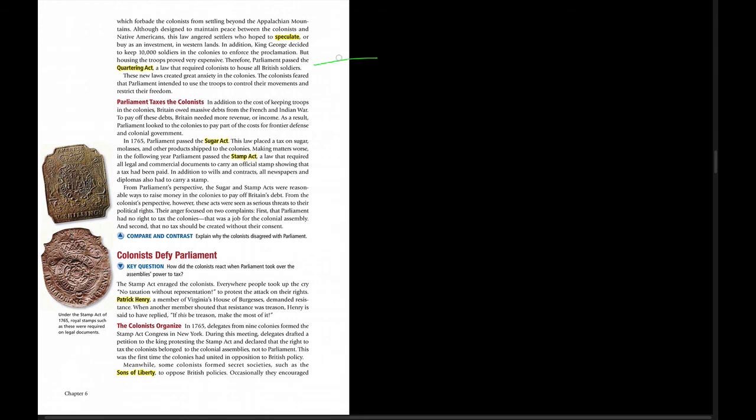Let me insert something right here. The French and Indian War, that's what we know about this conflict here in America. But in Europe and in India and other places, it was known as the Seven Years' War. It started in the colonies, and actually George Washington was part of the very beginning of the French and Indian War, but it spread throughout Europe, and it even spread to India,